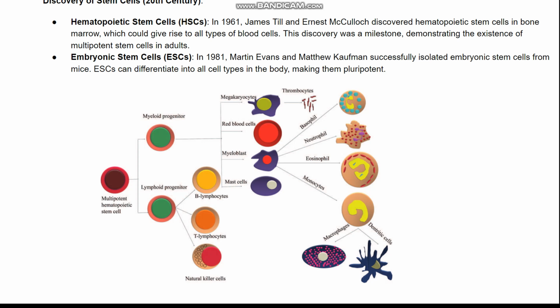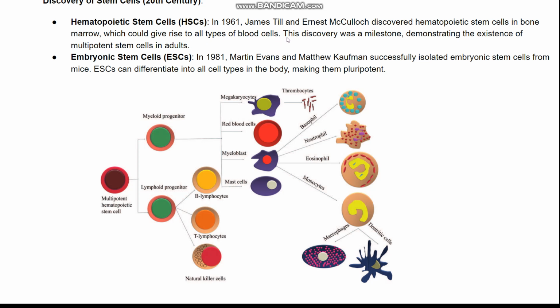So in fact, Robert Hooke in 1965, in theory, discovered this, right? When he discovered the cell. However, it was only much later that they understood stem cells in depth. And firstly, hematopoietic or multipotent hematopoietic stem cells were discovered in 1961 by James Till and Ernest McCulloch in bone marrow, which give rise to